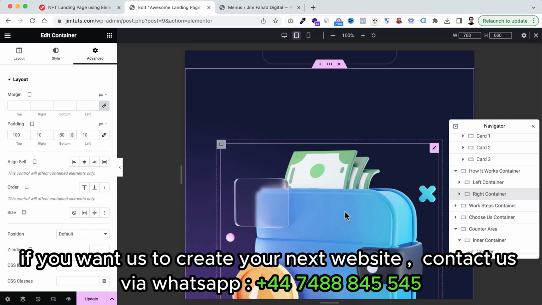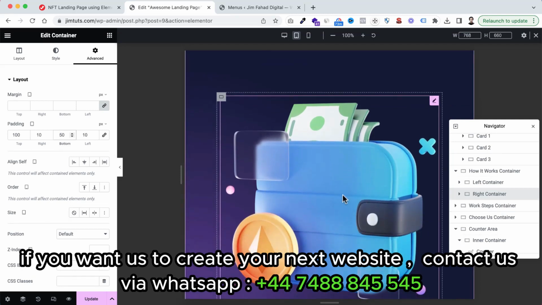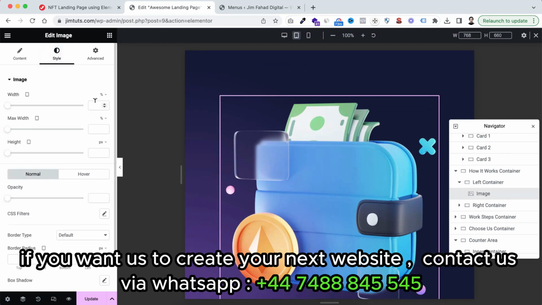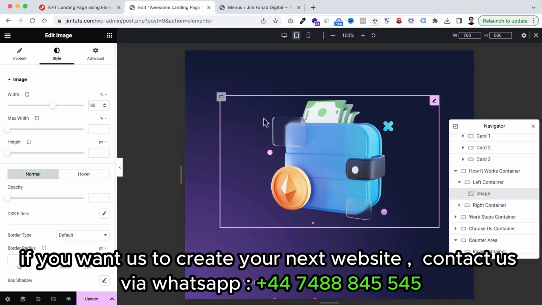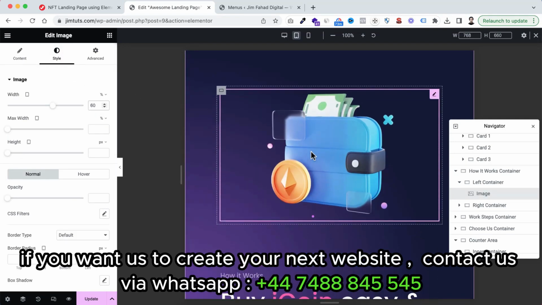Now with this image, just like before, select this image and I just want to make its width to 60%, and you can do actually one other thing to make sure it fits on all the devices, because the width of all the devices are not the same. So here I'm just setting the max width to pixel first, and let's make it 500 pixel maximum width, which means it would become maximum 500 pixel in width. Okay,